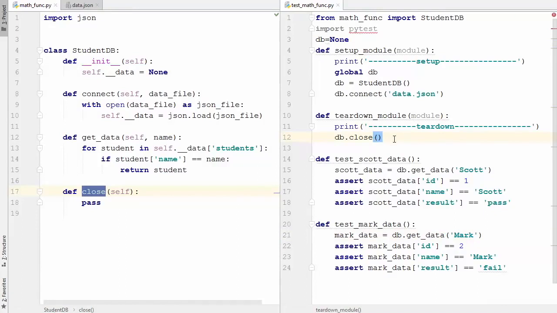Now let's talk about Python fixtures. Instead of using the setup and teardown methods, PyTest allows us to write Python fixtures, which will automatically be called at the starting and the end of your test. So instead of writing all this code, what I can do here is, first of all, import PyTest, and then